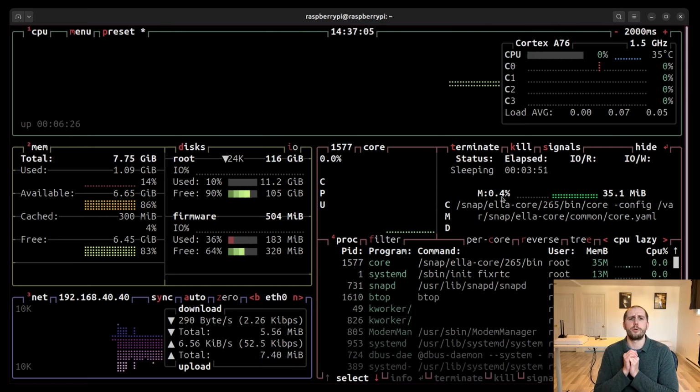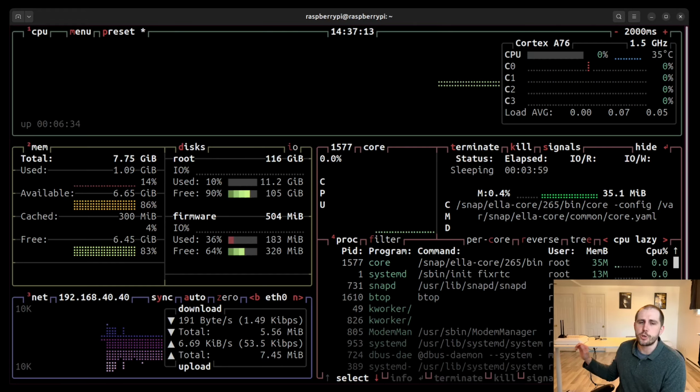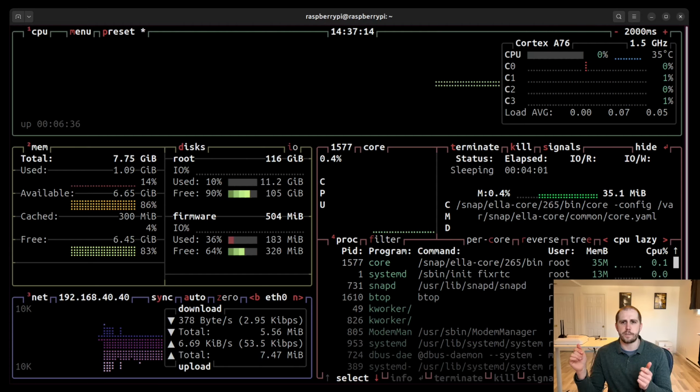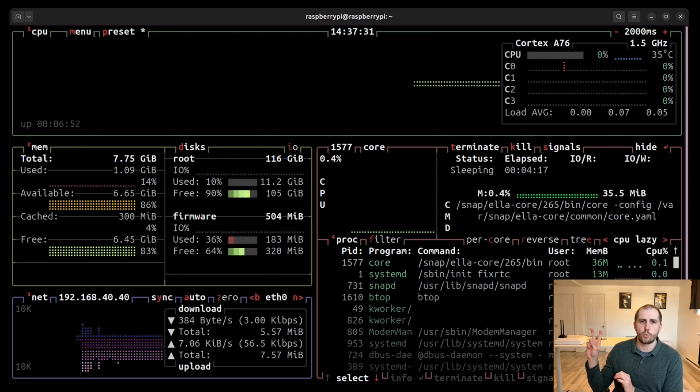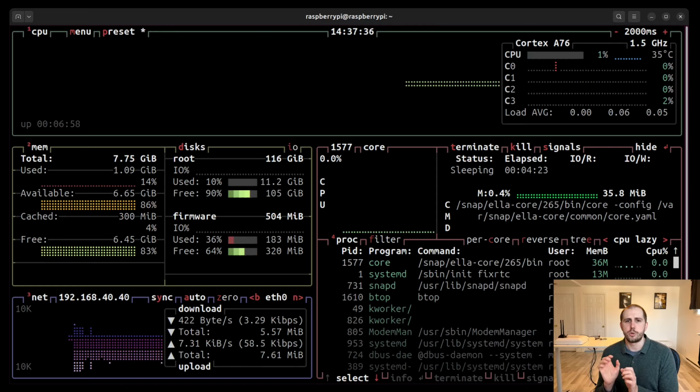Another thing to note is that earlier we switched the XDP mode from native to generic. That is because the NIC driver for the USB adapter does not support XDP. Generic here means that ELA Core in this configuration is not leveraging kernel level packet processing. It's not going as fast as it could. The driver for the physical NIC, however, does support XDP. So instead of using two physical network interfaces, we could use just one, but that means we would need to use VLAN or something similar to segregate our networks differently. So that's possible, but it would complicate configuration a little bit.